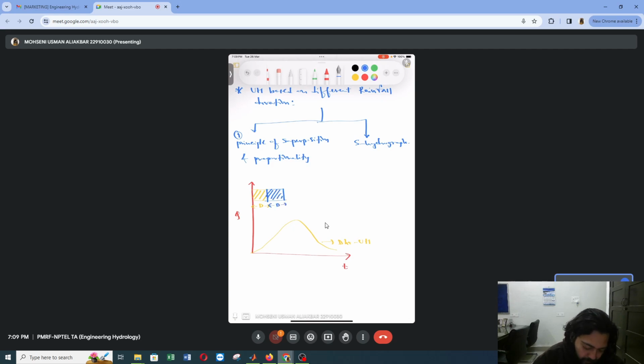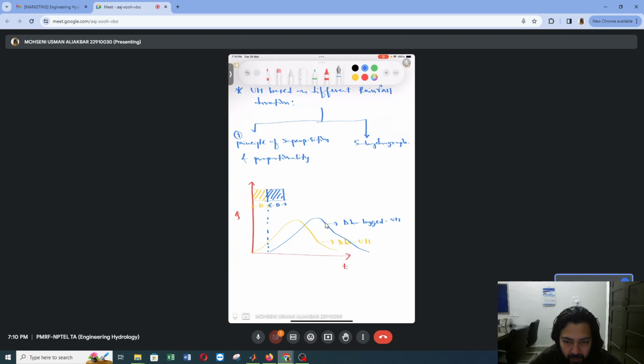be dr, right? So for this input of pulse, there would be another runoff, right? But there should be some time lag, right? So it will begin from here. So we'll call this as dr, and since it is lagged, we are calling it as lagged unit